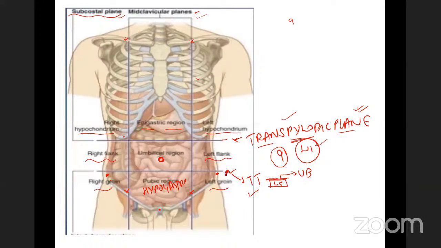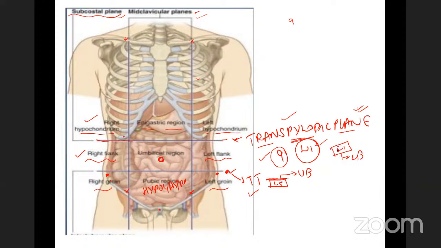The MCQ question asked here is: the transpyloric plane separates what and what? As you're seeing here, it separates the hypochondriac region from the lumbar region. Another few MCQ questions asked here: the transpyloric plane passes through the 9th costal cartilage and it passes at the lower border